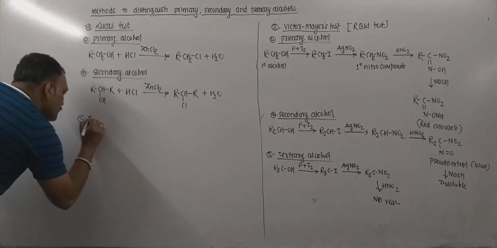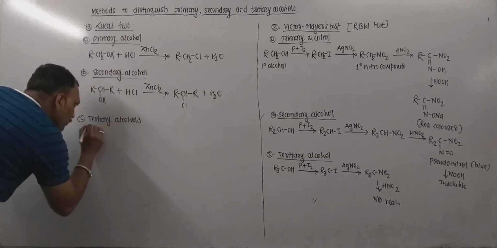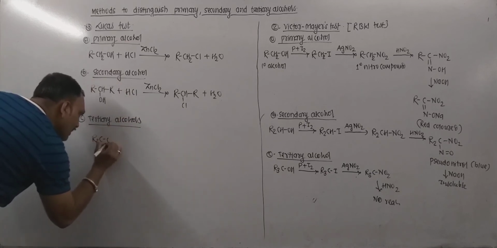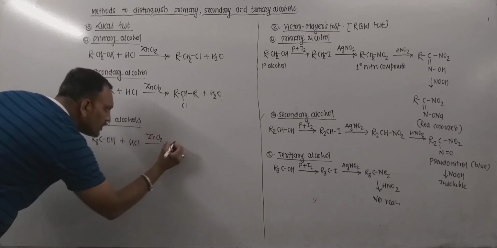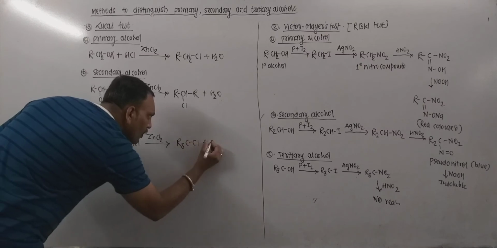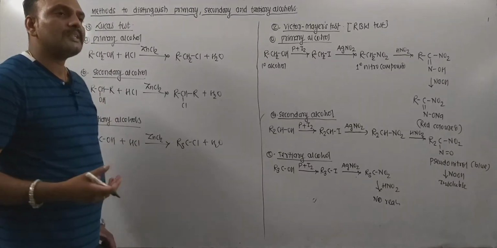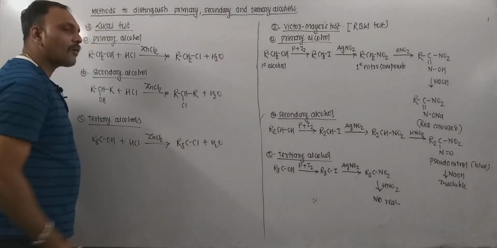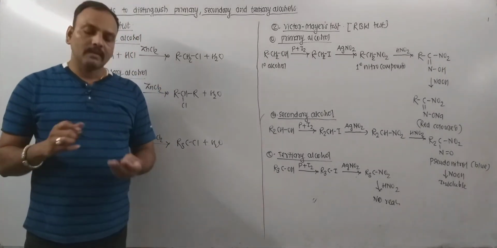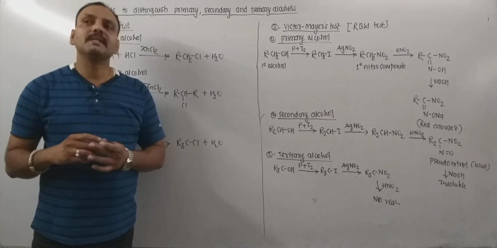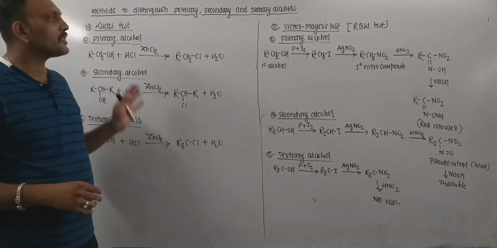And as far as tertiary alcohols are concerned, tertiary alcohols are reactive for such types of reactions. This is the representation of tertiary alcohol. When treated with Lucas reagent, tertiary alkyl chlorides are obtained with the departure of water, and turbidity can be seen due to the precipitation of the product immediately. So immediate turbidity can be obtained. So the time duration for the reaction is the key factor to distinguish between primary, secondary and tertiary alcohol in the Lucas test.